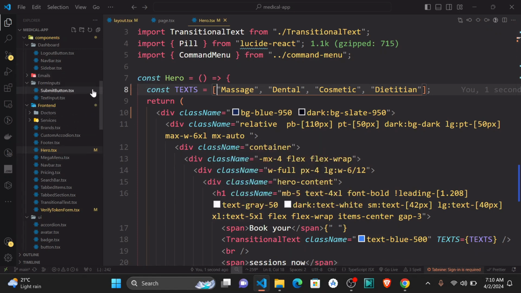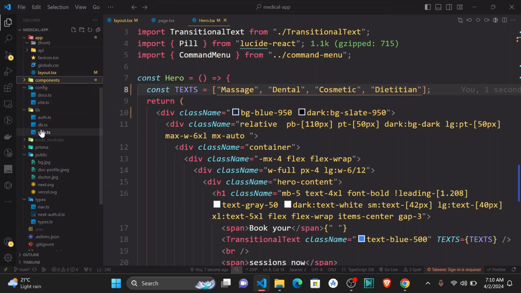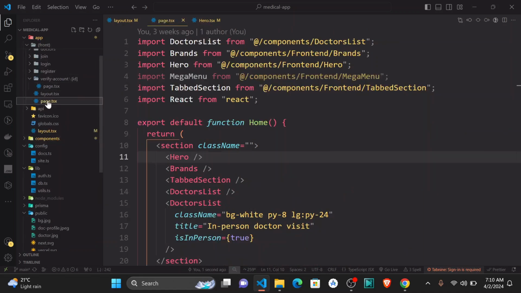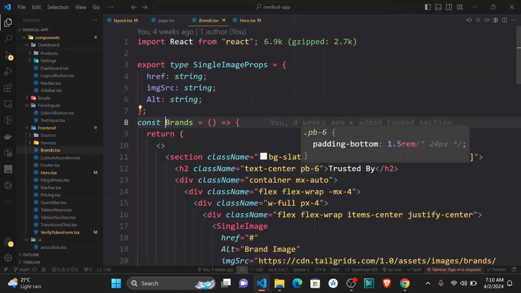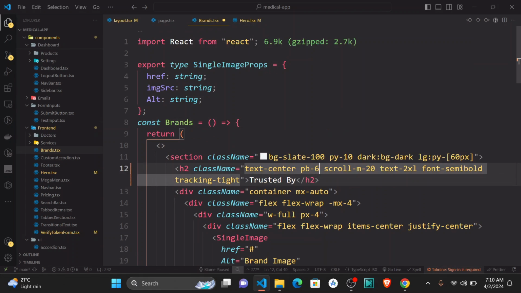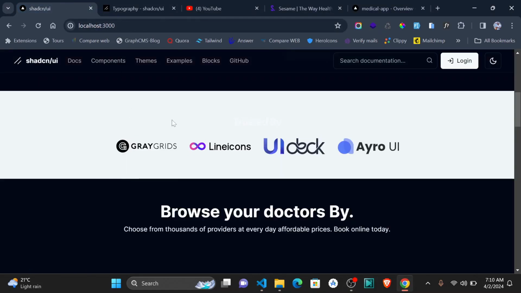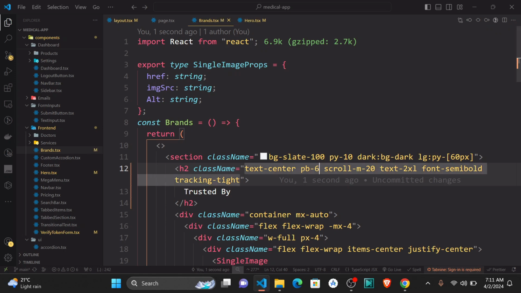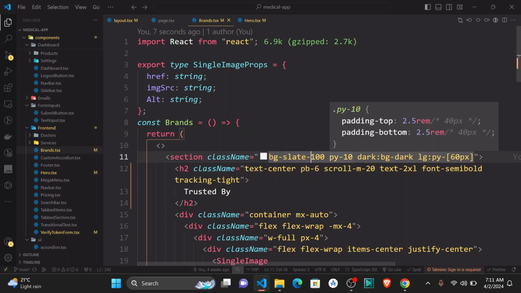So let's go to front page, and then we have brands. So I just want to give these classes here. Let's see if this takes care of the dark mode support for trusted by. And so here we have BG slate 100, dark BG dark,